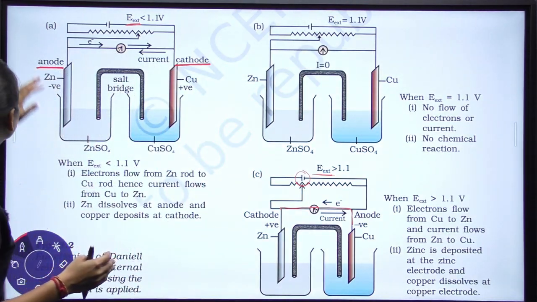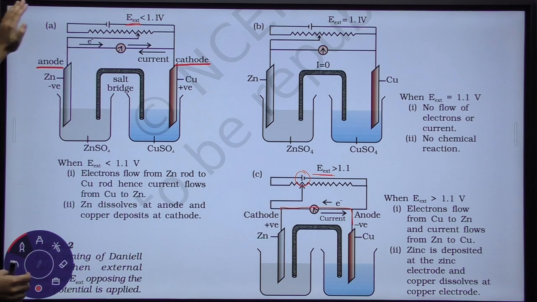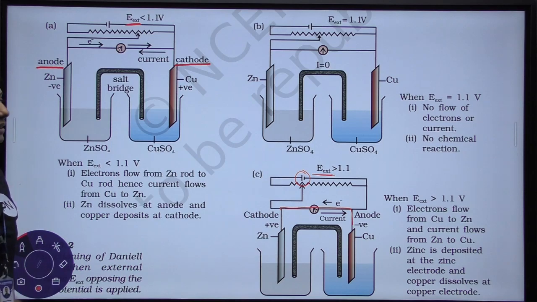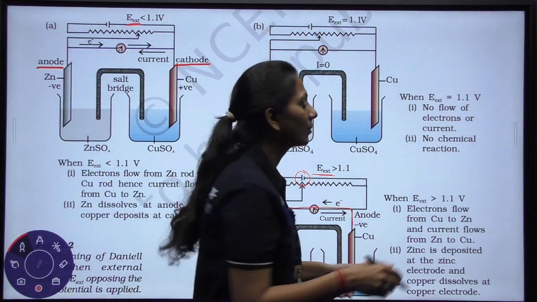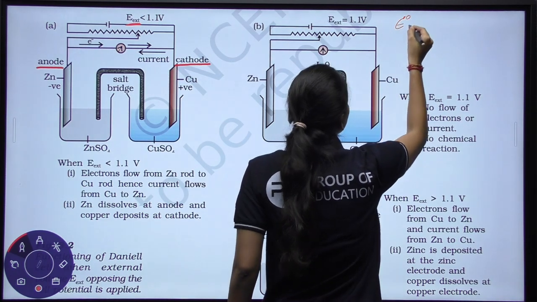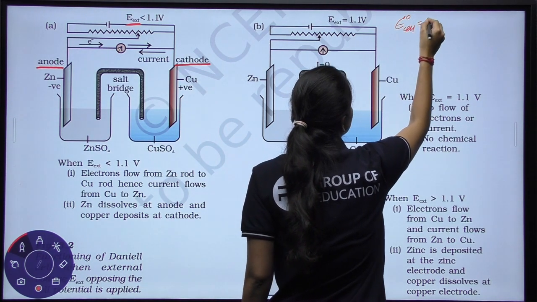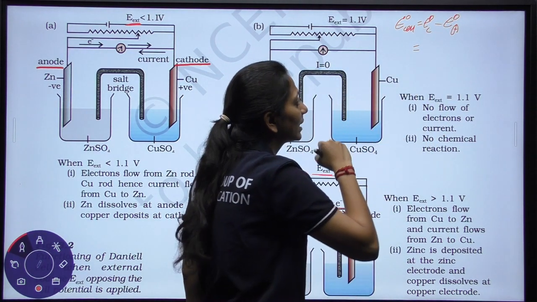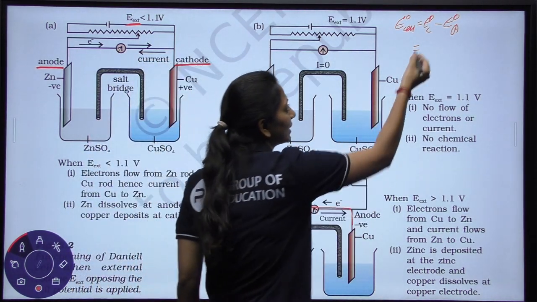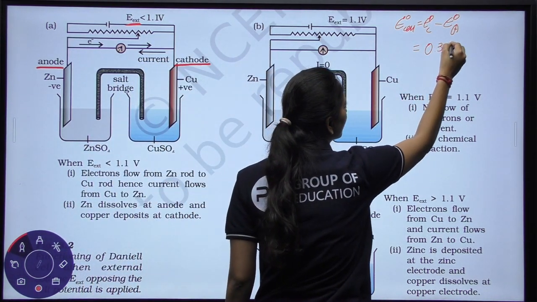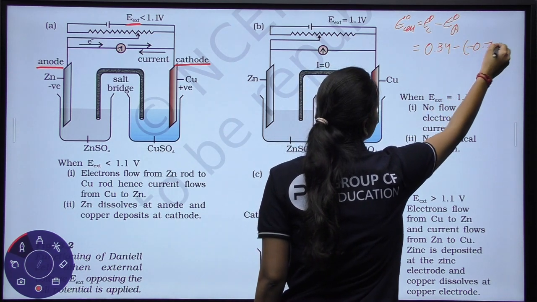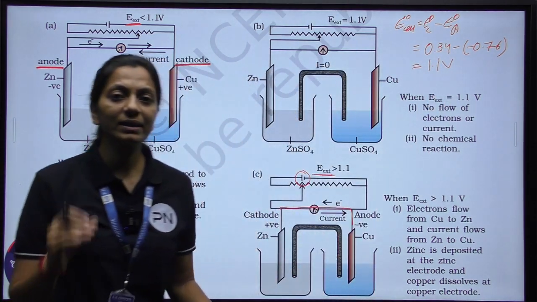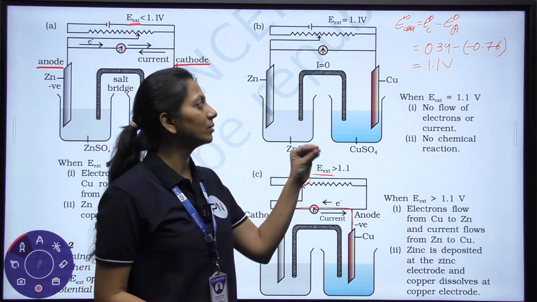Okay, so for the first one, first of all, I am putting an external battery having voltage less than 1.1. See, in the last video I have told you about the E cell: E cell is equal to E naught of cathode minus E naught of anode, which we have seen. What was the cathode? Cathode was the copper. So copper के लिए कितना था reduction potential? It was 0.34, whereas for the anode it was 0.76. So the total voltage was 1.1 volt. The galvanic cell is having the total voltage of 1.1 volt.